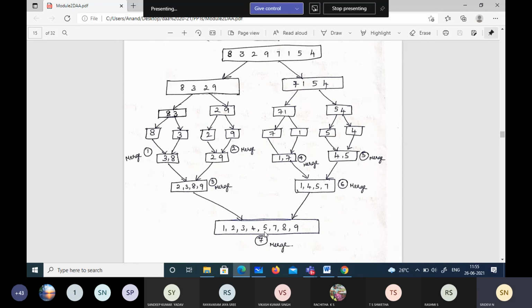Then we'll compare 5 and 8, which is smaller? 5 is smaller. We'll copy down. And here we increment j, which is pointing to 7. And I is again pointing here. And here we will have k being incremented to the next position. Then we'll compare 7 and 8. Smaller one 7. We'll copy down here. We'll increment.